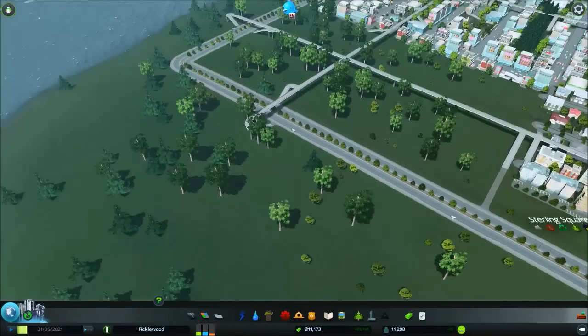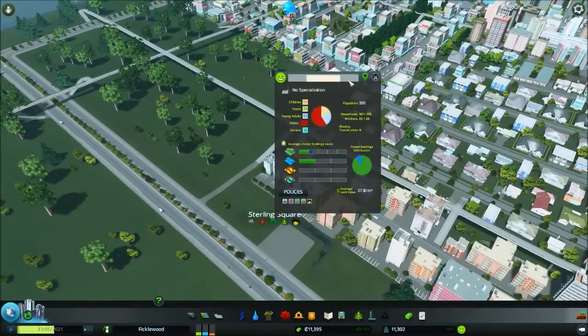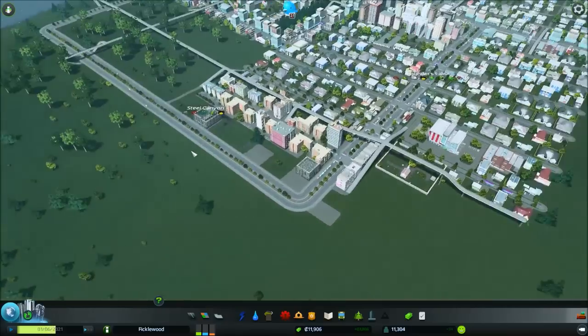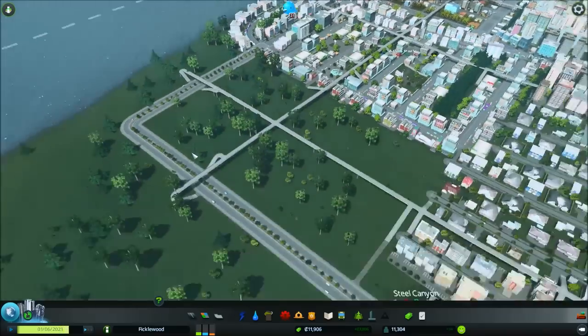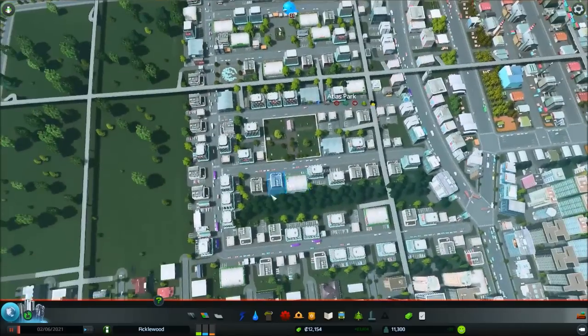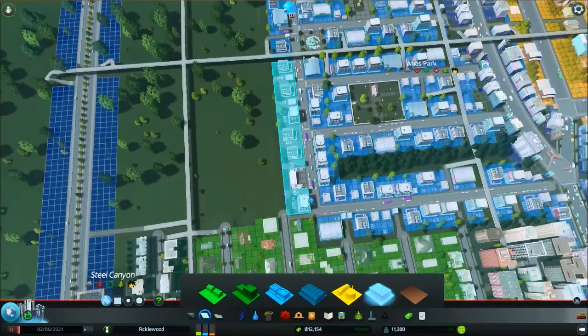All right, let's kick this pig. That's Sterling Square. No. Steel Canyon. None of this Sterling Square. I named you Steel Canyon. Thank you. All right, so with that underway, we are going to want to free up some of our commercial demand,